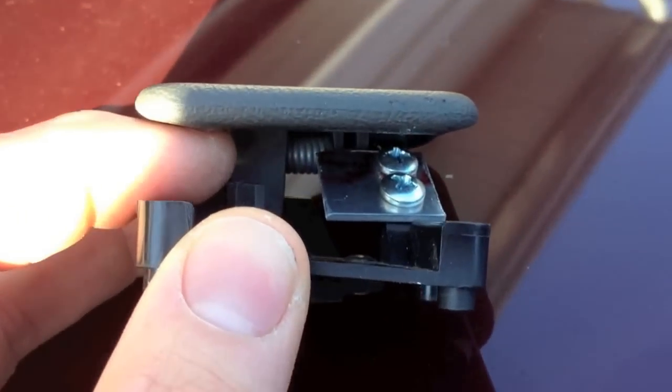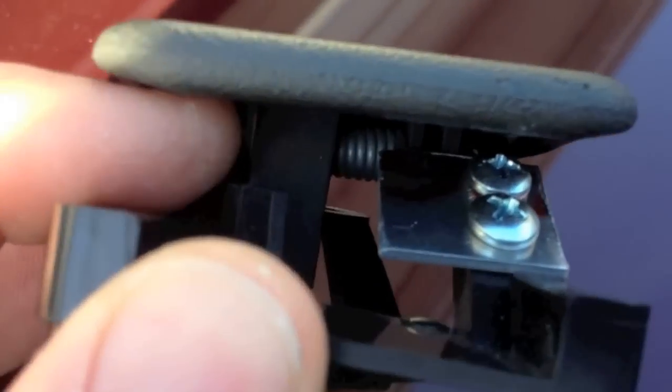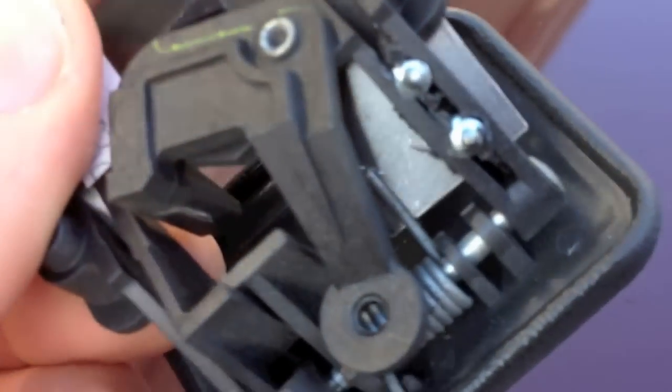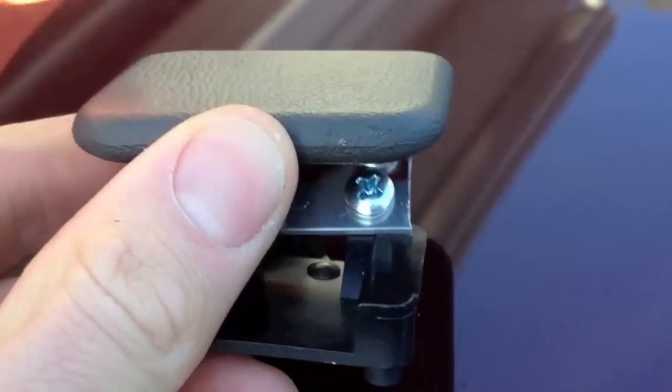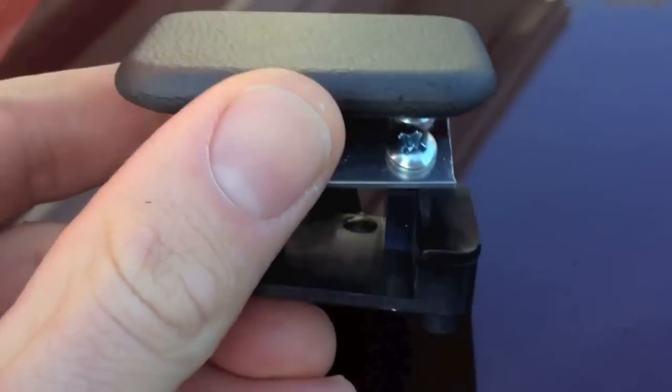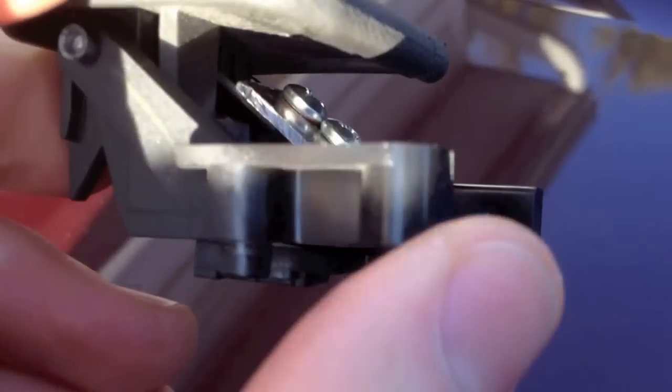Alright, so here's what I did. Made a little piece of aluminum, screwed it onto that thing. So now, see the spring bears against that, and it's nice and tight. It springs back, so it won't bounce around and rattle